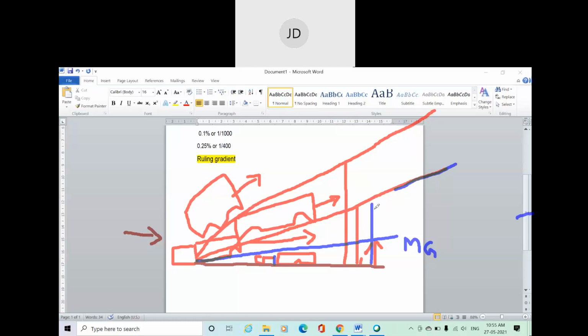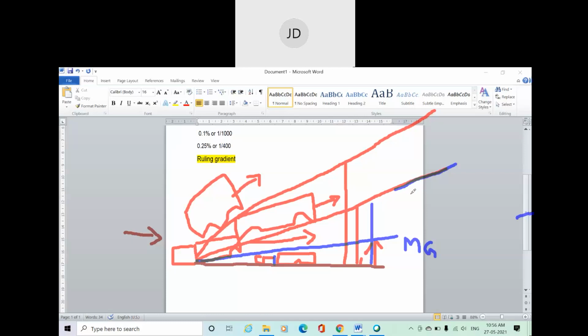So basically, this is your ruling gradient. Above the ruling gradient, if you provide any railway track, the train cannot move. So we can say ruling gradient is the maximum gradient that can be provided along the railway track,